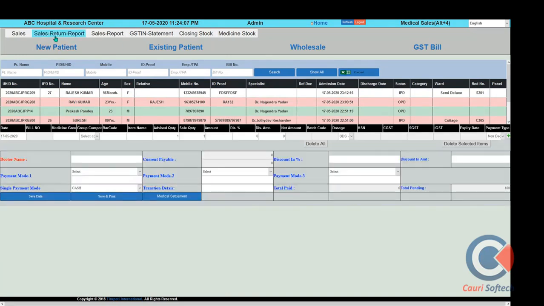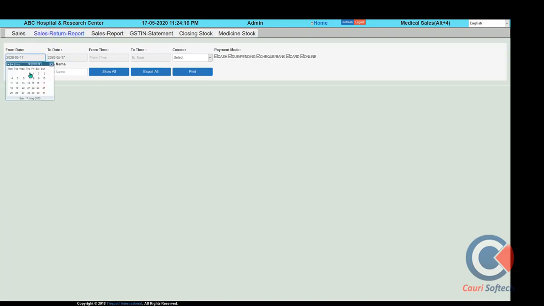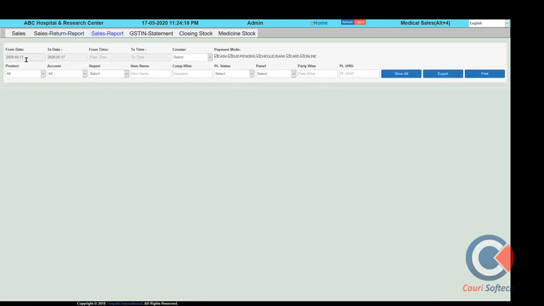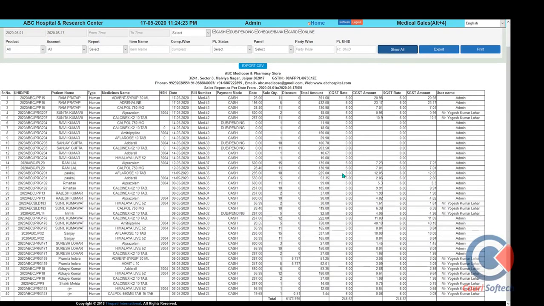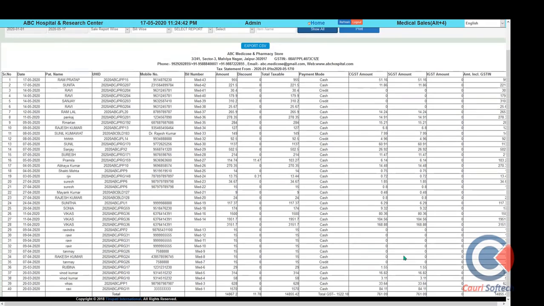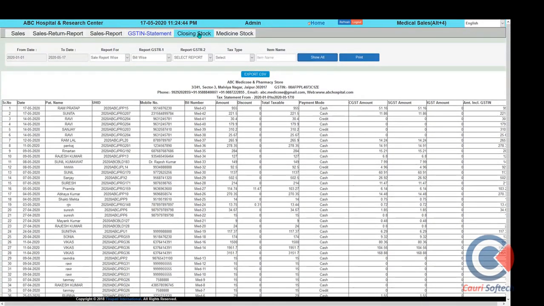There is also a sales report option and a sales return option. If any patient has returned the medicine, we can get the record, with various state-wise records of the medical sales section. Here is the sales report with a date filter. You can get the sales report of the medicals, total sales of the patient, and user-wise details of bill amount and tax calculation records. You can access the GST statement for purchase entries and all sales. There are different formats we require, Indian or international value type, for the GST report.